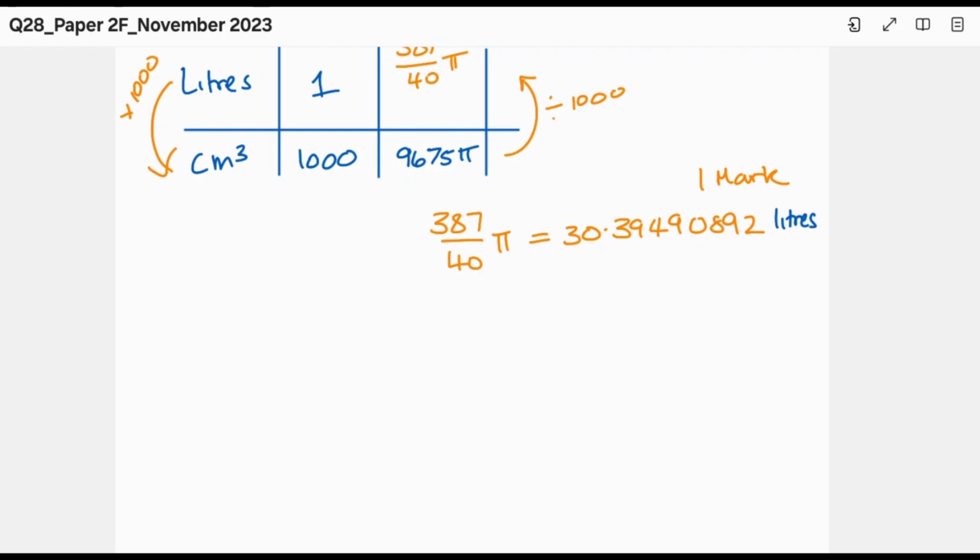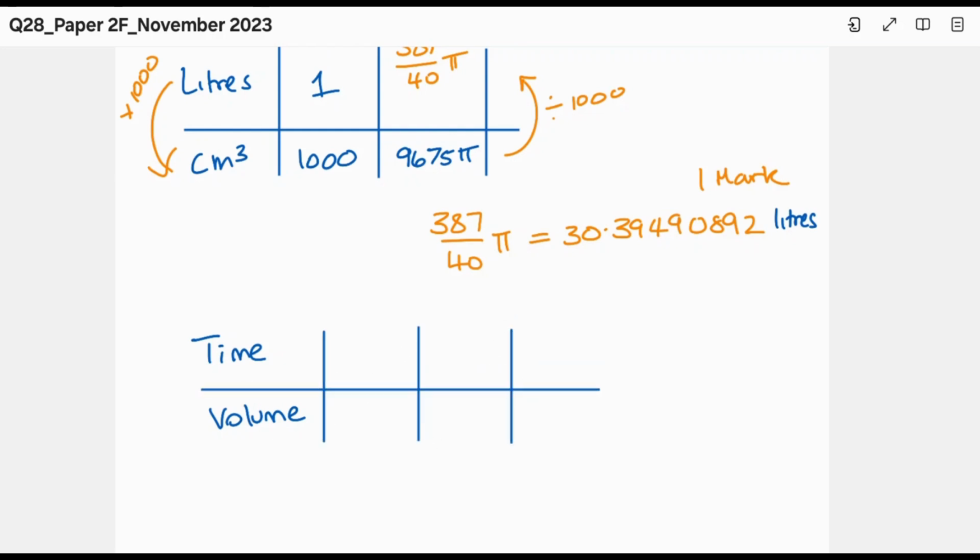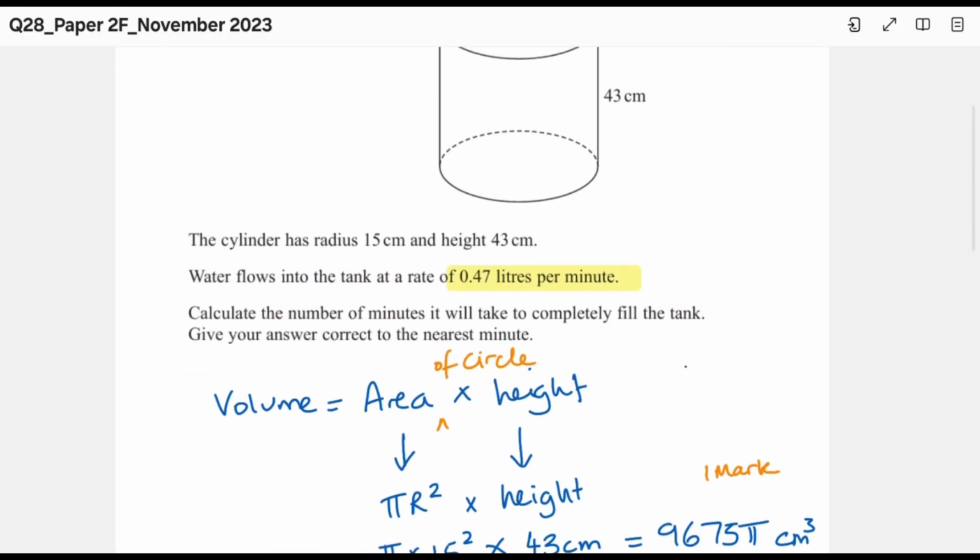So on this table, I'm going to have time, and I'm going to have volume. Right, and then I'm going to put in the information we have already. So just put in some columns and 2 rows. Right, so what we know so far is that the water flows at a rate of